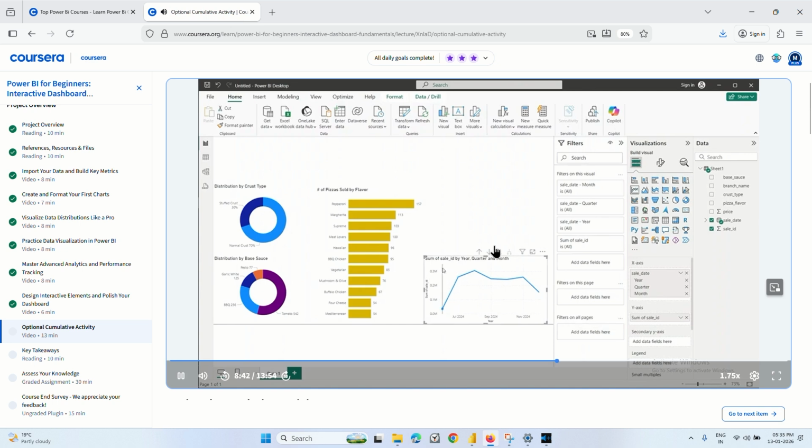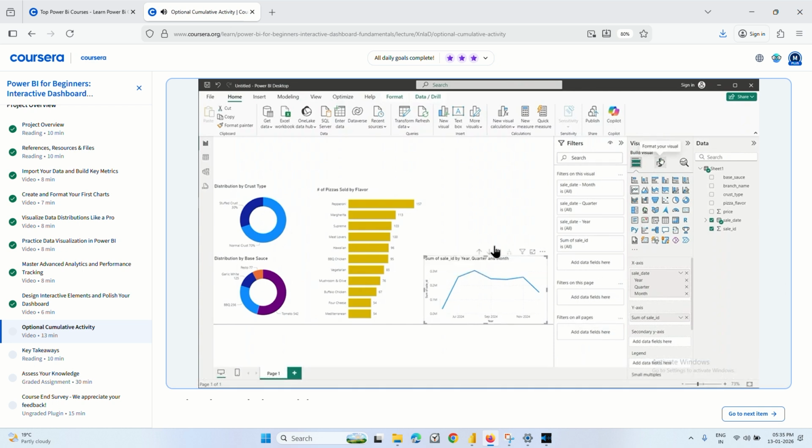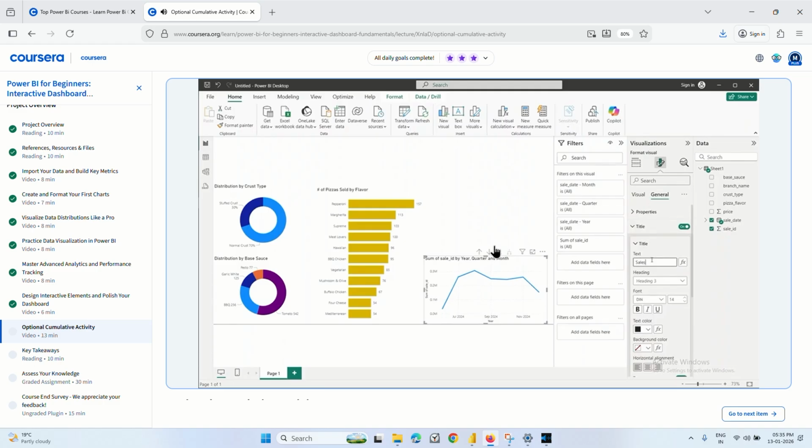I can see here the sum of sale ID by year, which is not a clearly descriptive title. So I'll go ahead under format your visual to general and put sales growth over time. And now to make this chart more informative, it's better to add the labels. So under visual, I'll go ahead to data labels and turn them on. I can see here that the labels show me the actual numbers in million. So here my x-axis